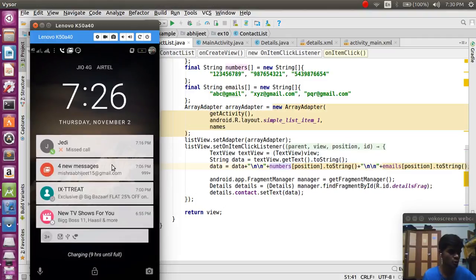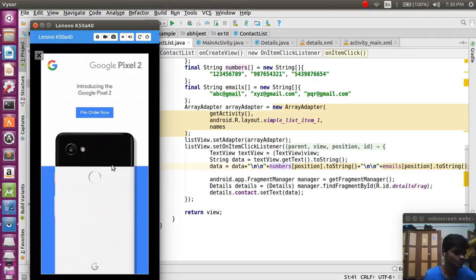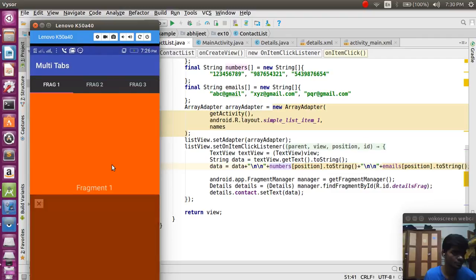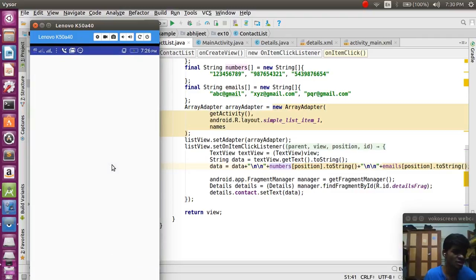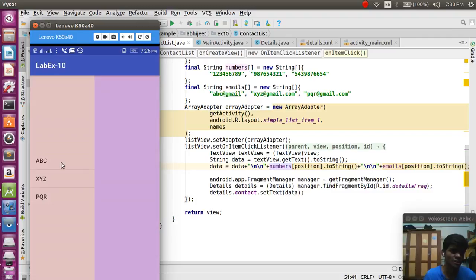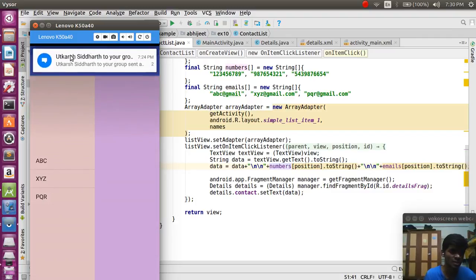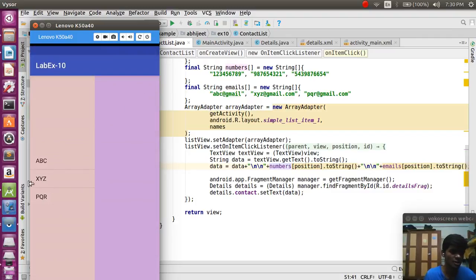So this app is also installed in my phone. So this was the previous experiment in which we just explored the multi-tab apps. In this we are just going to click on the one app, and we are going to see the difference. This is the first fragment and this is the second fragment. So as we click, we have already set the on click listener. So as we set the click on this, we are going to set the text, number and the email address